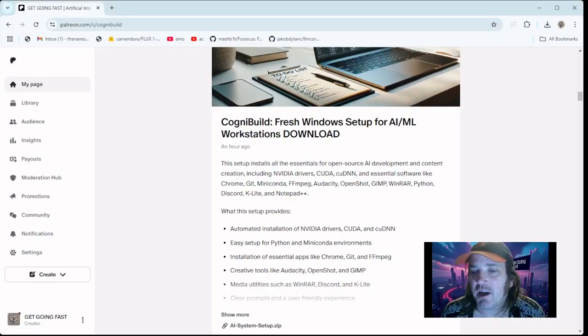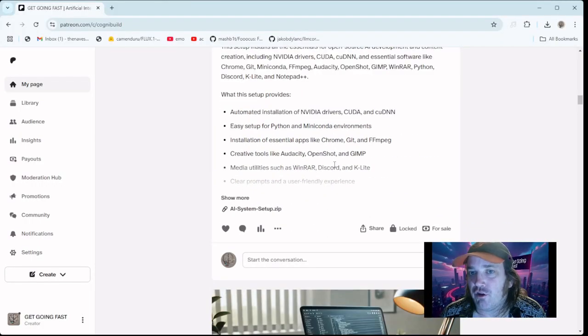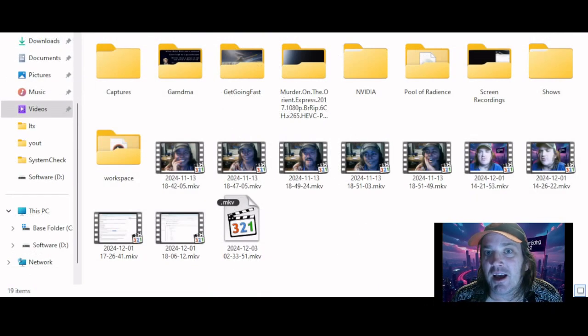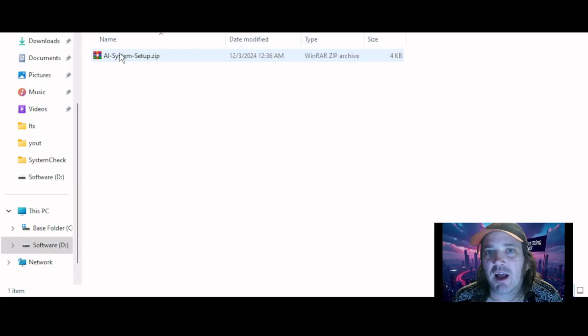So what I have done for us all, you're so very welcome, is I have gone ahead and created a fresh Windows setup for you. Essentially, we're just going to download this file, and it's going to be as simple as extracting it onto our system,